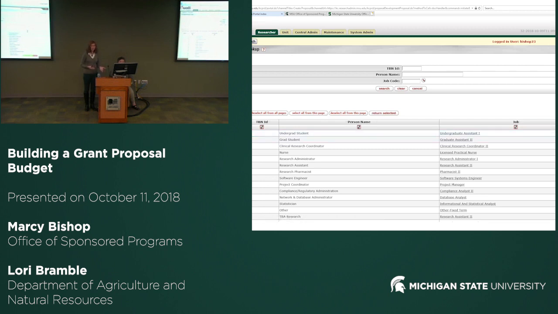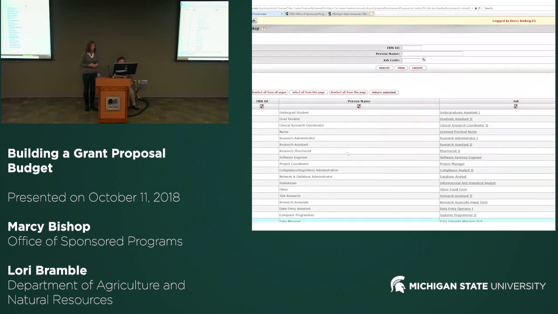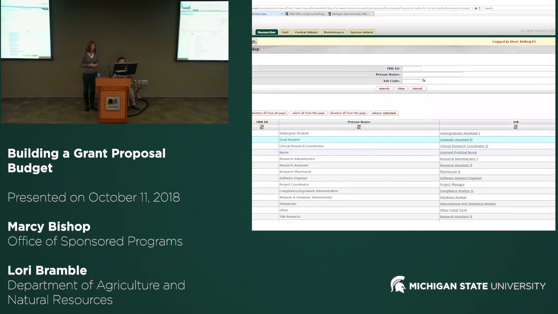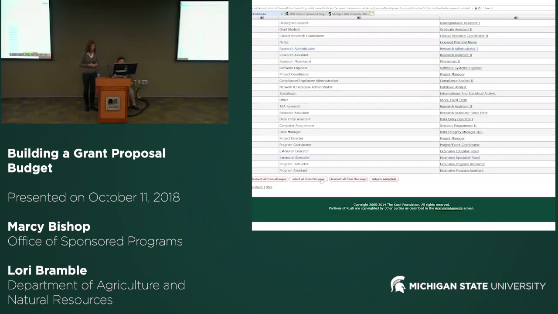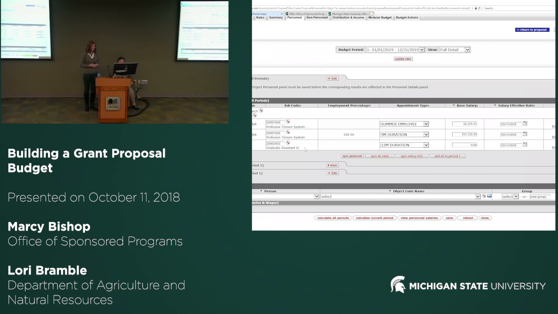Now this works the same way as named personnel, where you've got a checkbox, and so you can choose the people that you would like in your budget. So undergrad, grad student, research associate is the same as postdoc, and then there are technicians. Yep, so there are quite a few that you can choose. Let's do grad students, since that's a big one. So then you would go ahead and follow the same steps where you hit the button to return them, and then we're going to go ahead and add them into the budget.